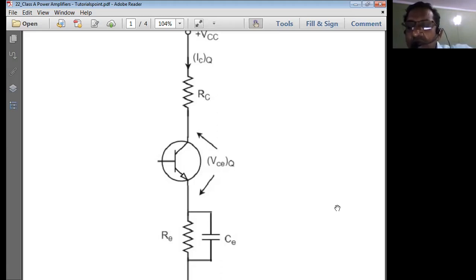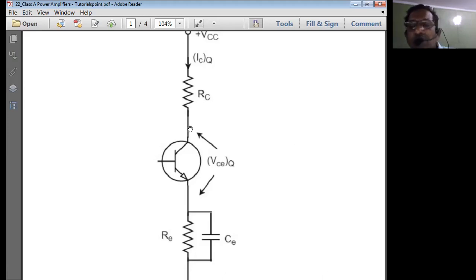Efficiency means what? Utilization of the input power is known as efficiency. The more the utilization of the input power, the more the output power is going to be. Less utilization of the input power to get the desired output is known as less efficiency. So in order to get the output, it should use more. If it gets the output by using a larger input signal, it is going to be the more efficient type of circuit. So that is the problem.